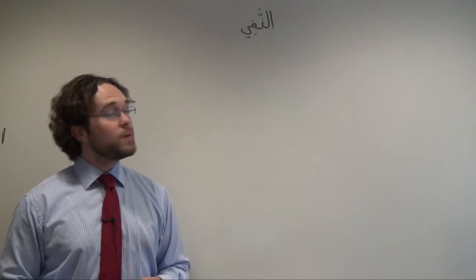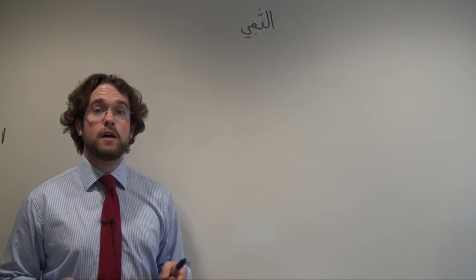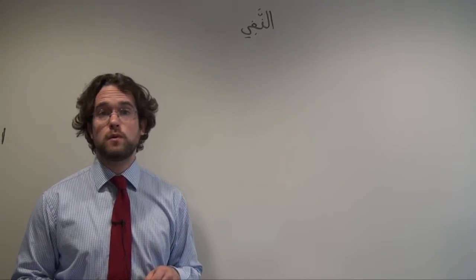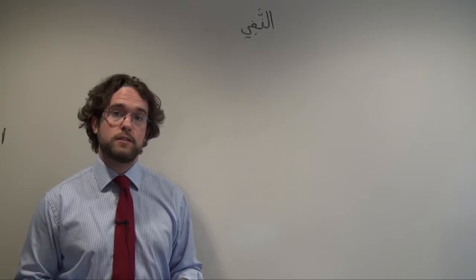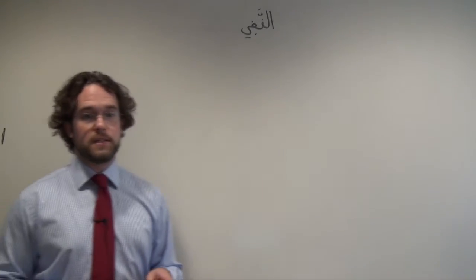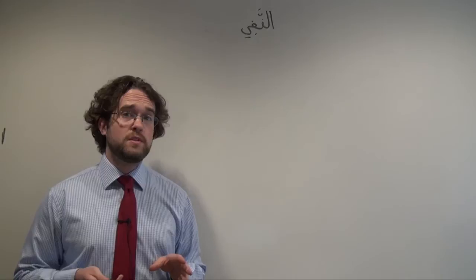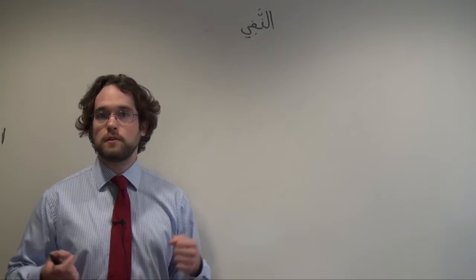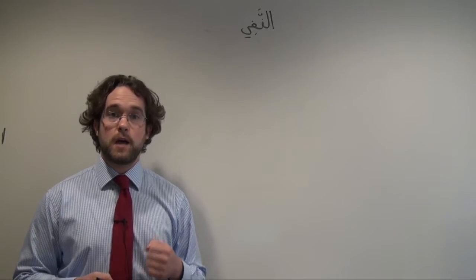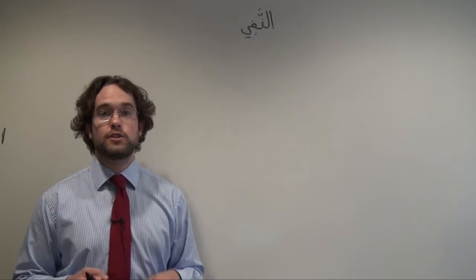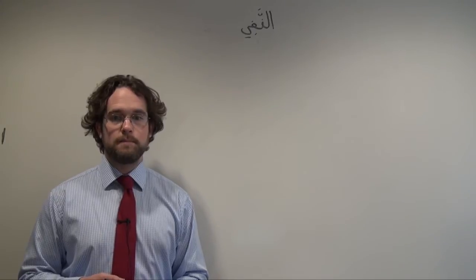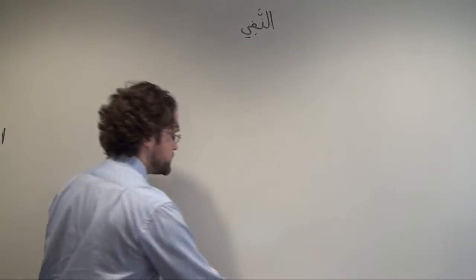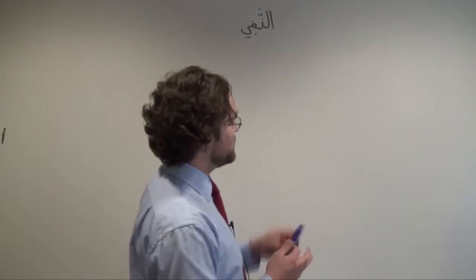Ahlan. Right now we're going to continue talking about how to negate conjugated verbs in Arabic, and in this video we're going to focus on how to do so in a couple of colloquial dialects, Egyptian and Levantine. Once again, this video assumes that you are comfortable conjugating verbs in the past and present tense. If you feel you'd like some review, then we have a couple of other videos that address conjugation in the past and present tense.